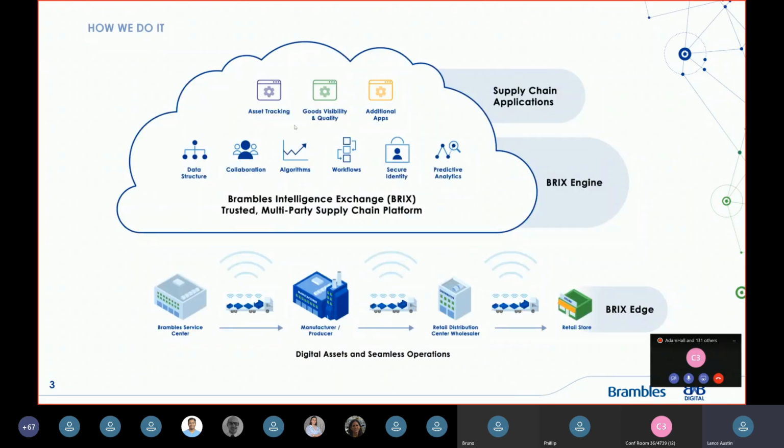So on the bottom here, what Brambles does is we call them pooling solutions. Basically, just like a rental car, you rent out a car, you use it, you give it back. If they need to clean it or repair it, they would do so, and then it goes on. We do that for supply chain. So you'll see these big blue pallets or even big containers that are like 4 foot